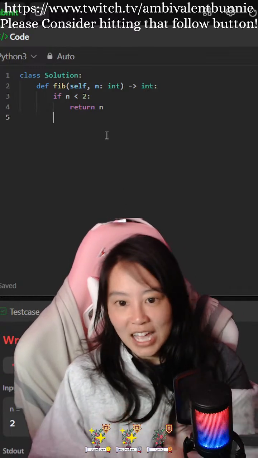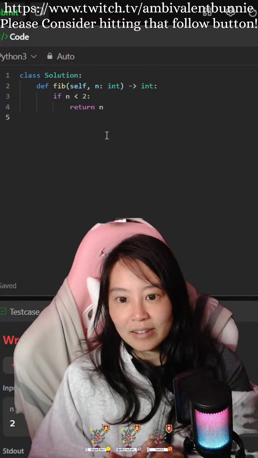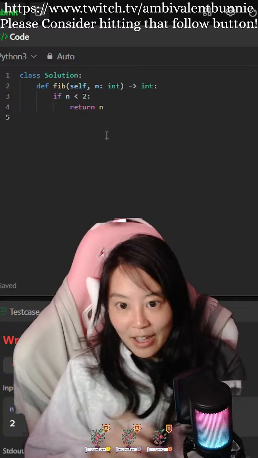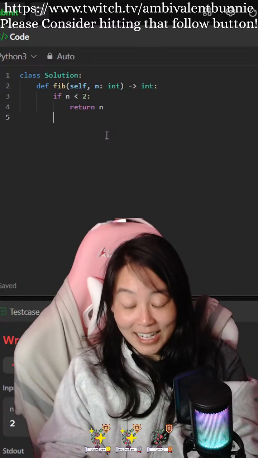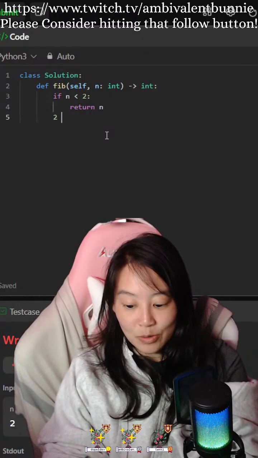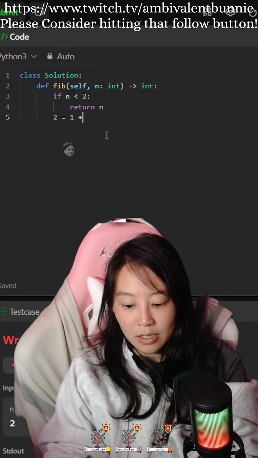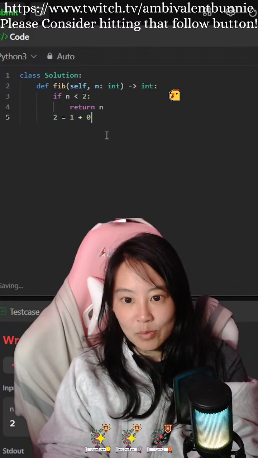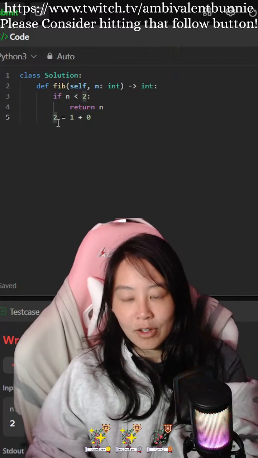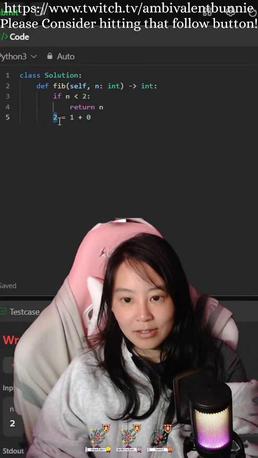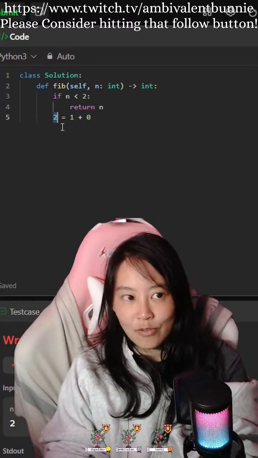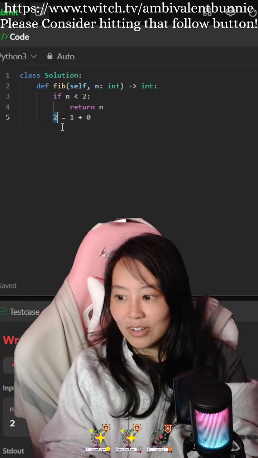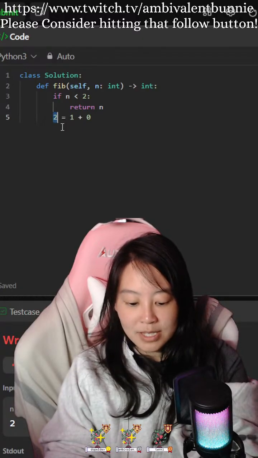Okay, so if we have n. Okay, hold on. Let's say n is 2, right? So we have Fibonacci of 2 equals Fibonacci of 1, which is 1, plus 0, right? So we would have the sum.